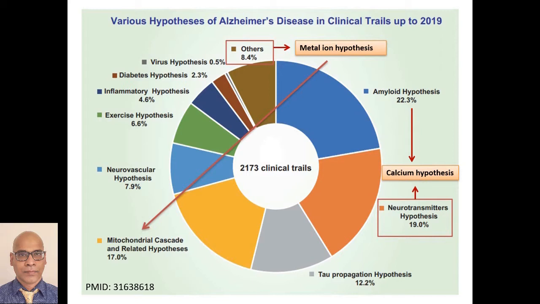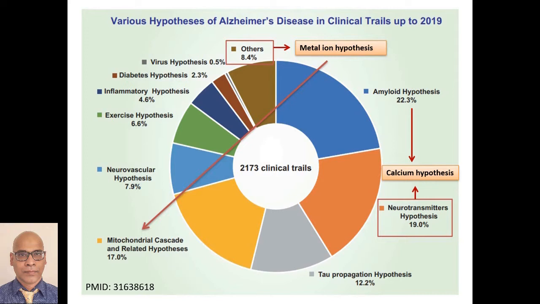Over the years, multiple hypotheses have been proposed for Alzheimer's disease, but not all are capable of explaining the basic pathological changes of Alzheimer's. The amyloid hypothesis has been the mainstream concept underlying Alzheimer's research for over 20 years. However, the fact that there are many healthy people with amyloid deposits and Alzheimer patients with very few amyloid deposits, and the failure of the drugs targeting amyloid deposits in clinical studies suggest that alternative hypotheses are necessary to explain Alzheimer's. In particular, the calcium hypothesis, that is the pathogenic role of altered calcium in Alzheimer's, has become more prominent